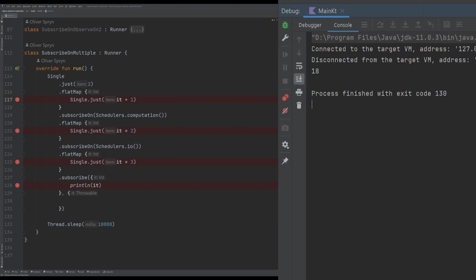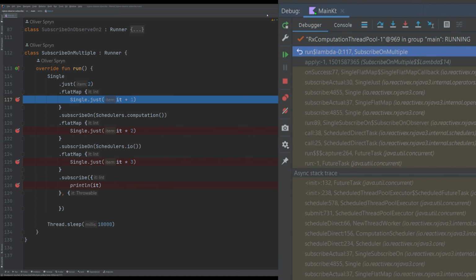This next section here is a bonus, but also here to try and clear up a bit of confusion. What happens if you have an RxJava call chain with multiple subscribe on calls? Well, the short answer is it's practically useless, and I've never done it in production. Let's take a look at an example. As you can see here, I have 2 subscribe on functions. The first one on the computation scheduler, and the next one on the IO scheduler.